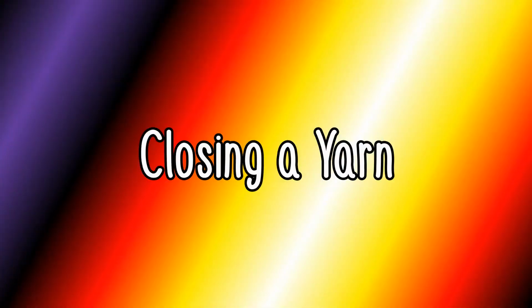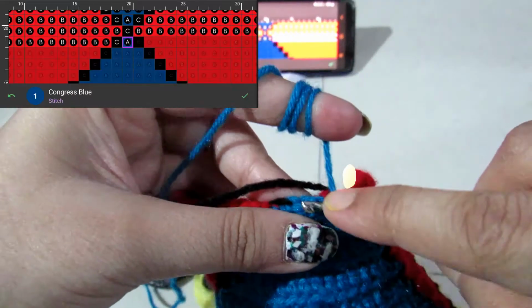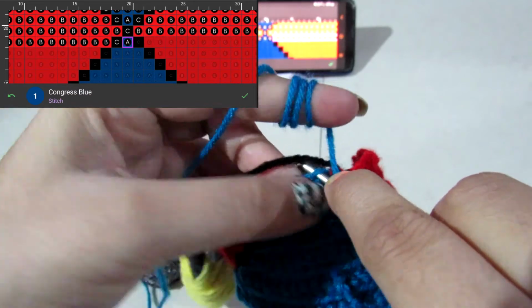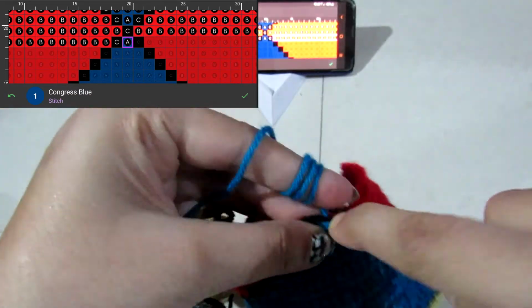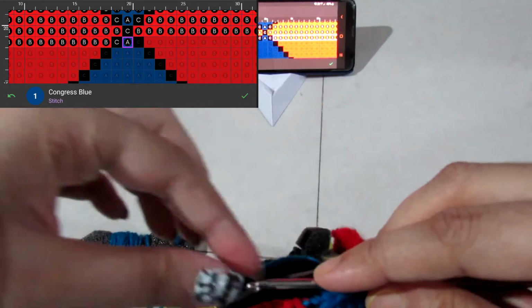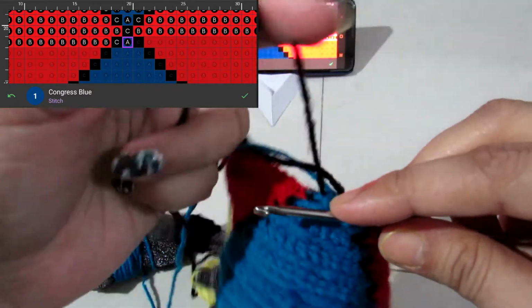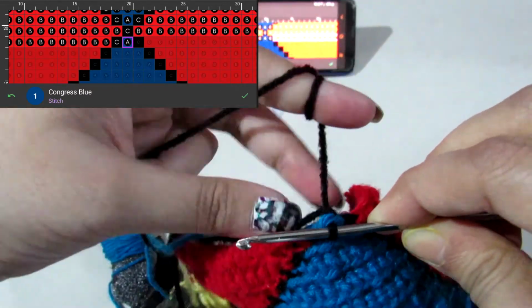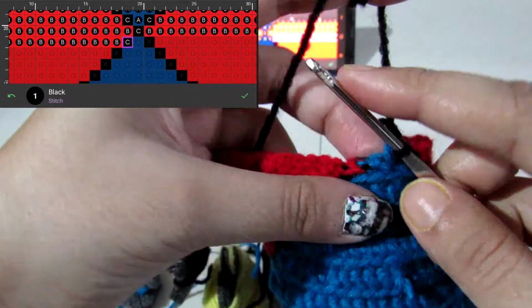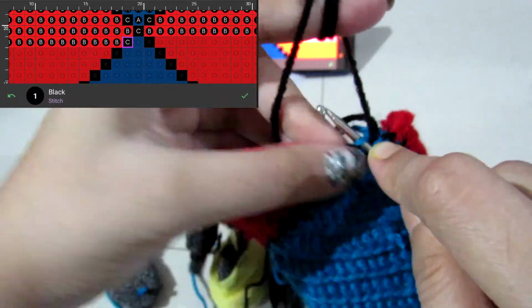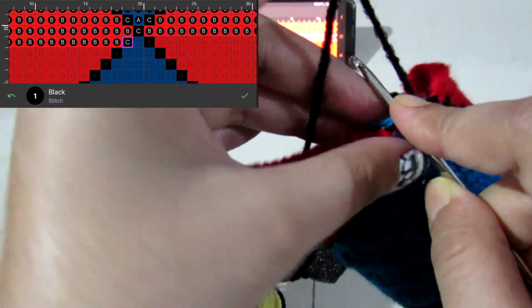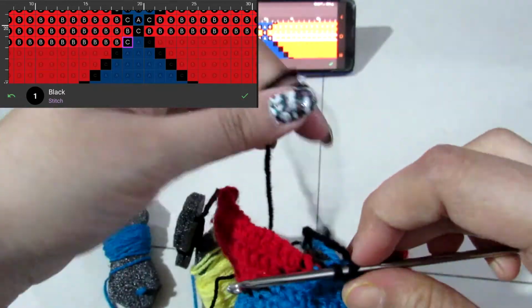Next we will see how to close a yarn, that is stop using it. So this is the blue stitch, there's one blue stitch and then it's over. So while doing the next black stitch, take the blue yarn over the needle as before and then do the black stitch.